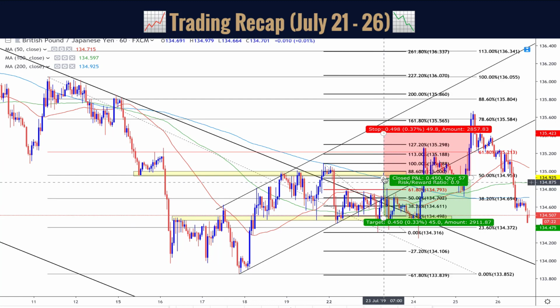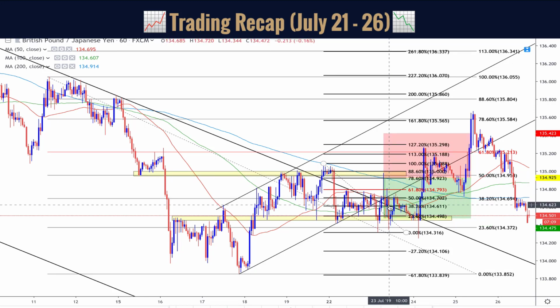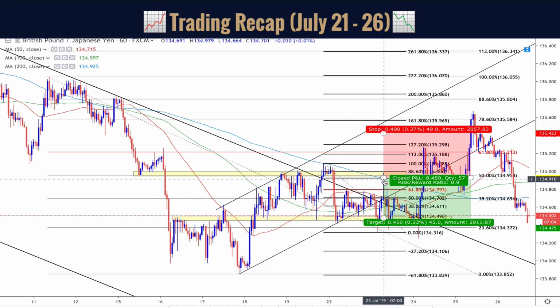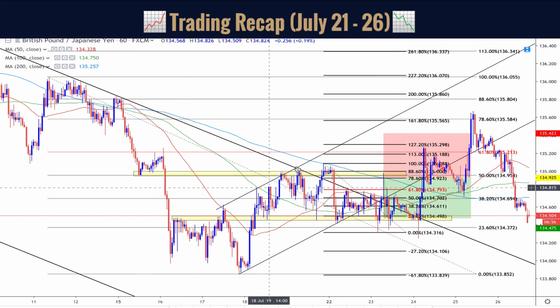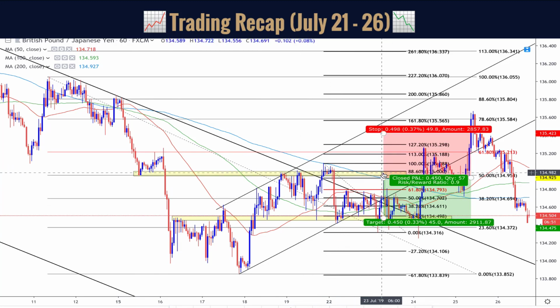So price came all the way to the 78.6, but didn't close on it. So it made a big inverted hammer, I think. It is right here. So inverted hammer, and we were expecting price to go down after this. So we entered on the wick when price reached this level right here, which was a key support, breakout, resistance, resistance, resistance 3 times, and then the massive move. So a fourth time it was retested as resistance, and we entered on the wick, sniper entry, and then